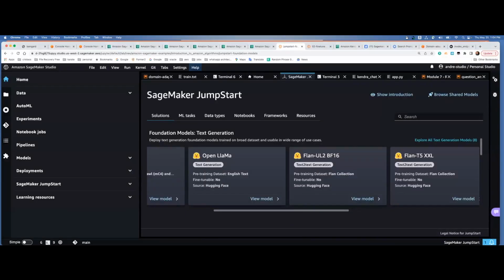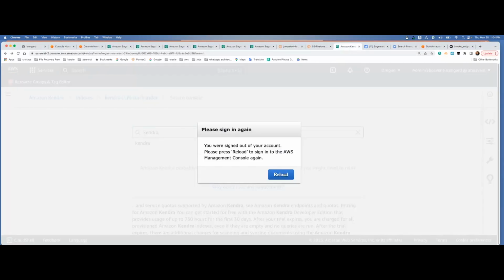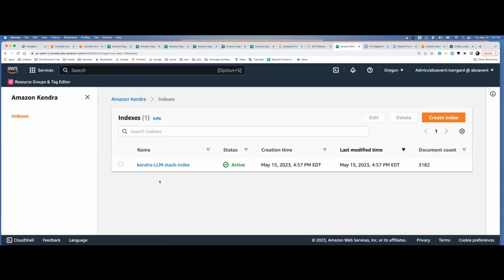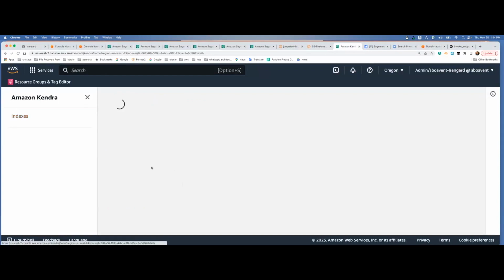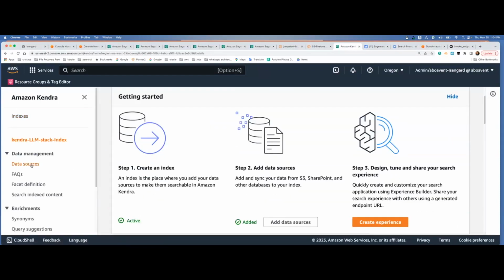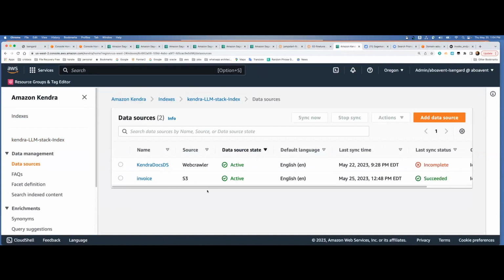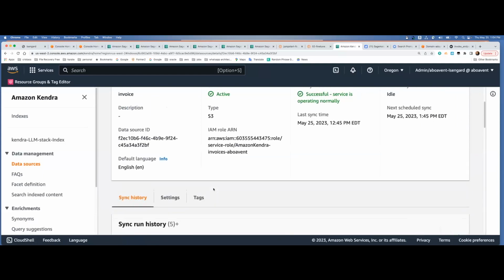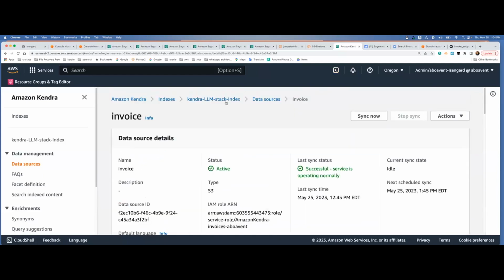For example, the first thing I wanted to show you is that I created an index with Kendra. And then within this index, I have some data sources. I have a web crawler, which points to a couple of websites. And I also created this particular one, which is pointing to an S3 bucket, which has hundreds of sample invoices, right? If I go, for example, to